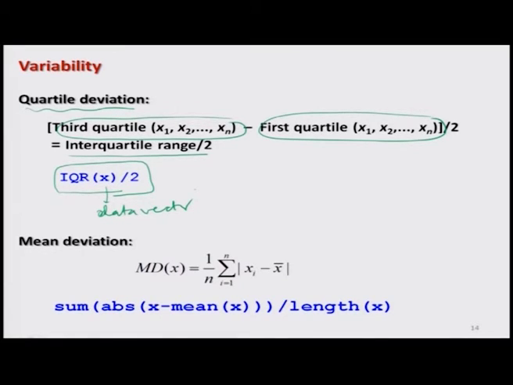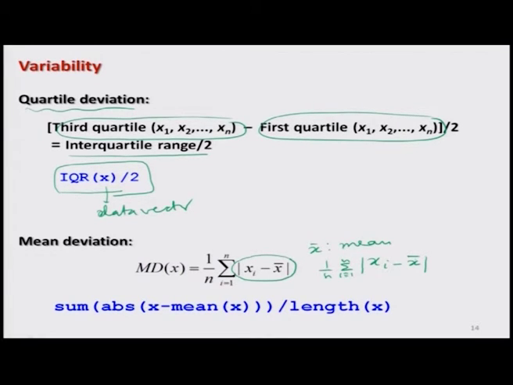Similarly, the mean deviation is defined as the average of the absolute deviations from the arithmetic mean. X bar here is the mean, and what we are trying to do is take every observation, say the ith observation, take its deviation from the arithmetic mean, and instead of squaring it, take its absolute value, and then find the arithmetic mean of all the absolute values. This is called the mean deviation, and this mean deviation is least when it is measured around the median. But here we are trying to compute it from x bar.